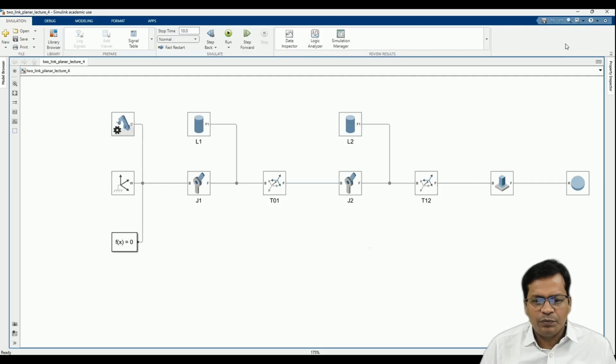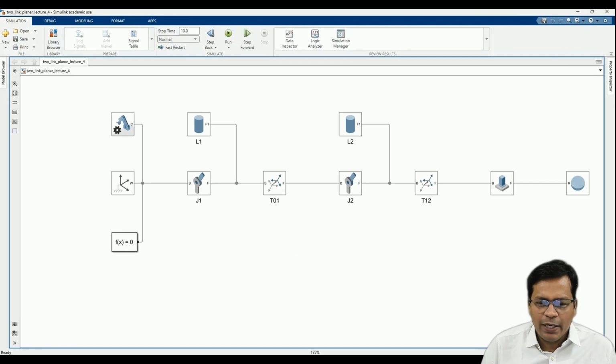Now, let us see if we can extend the simulation blocks that we have prepared earlier, so that they can do the inverse dynamics simulation also. Inverse dynamics here means you have a trajectory in hand, and corresponding to that you calculate the joint torques using the equation of motion, feed them to the robot, and see if it follows the planned trajectory. So yes, let us continue.